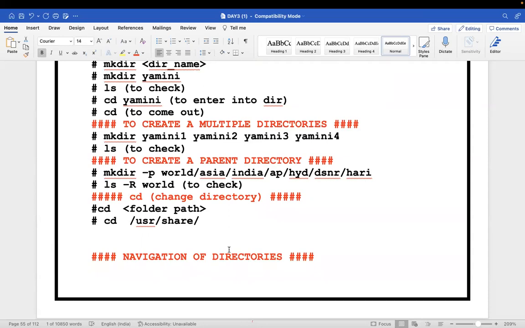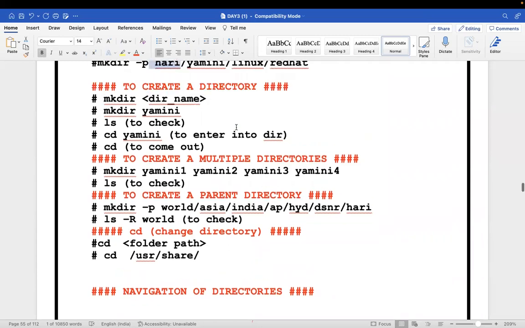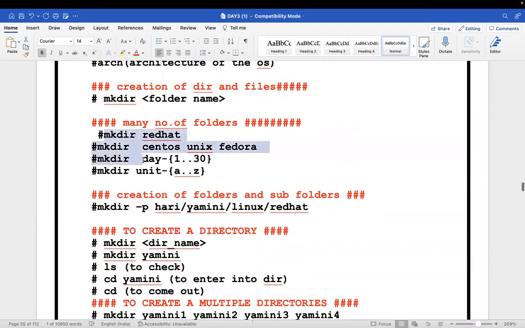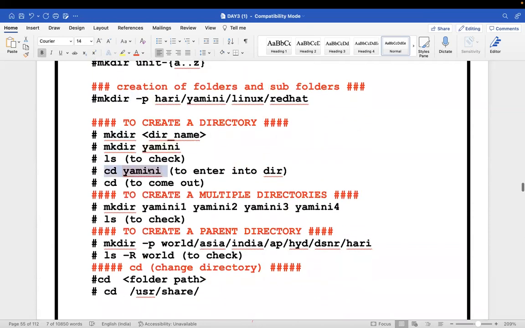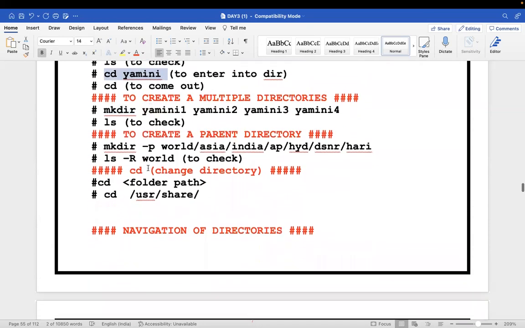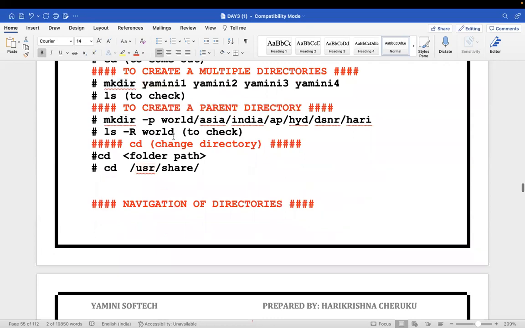And I've used this -p, but what did you say that was? It means you can create multiple directories, right? Yes, you can create multiple directories by using mkdir. cd is the command to change the directory. Either we use cd - or we can use cd .., right? It will perform the same function.